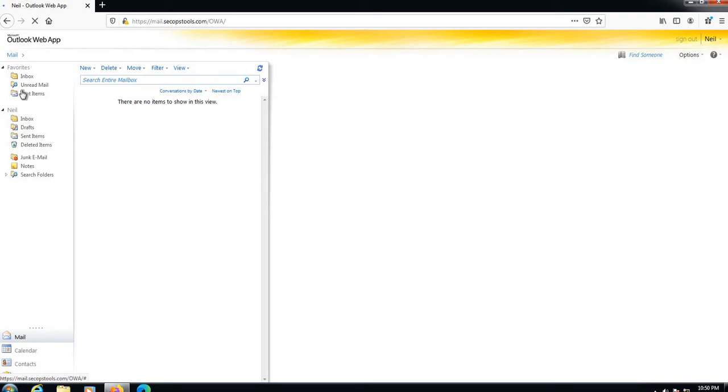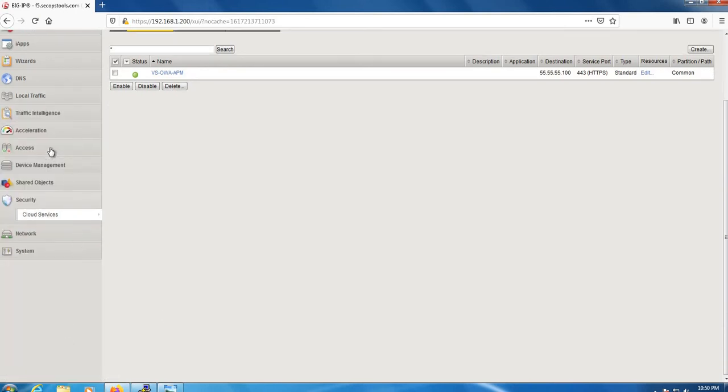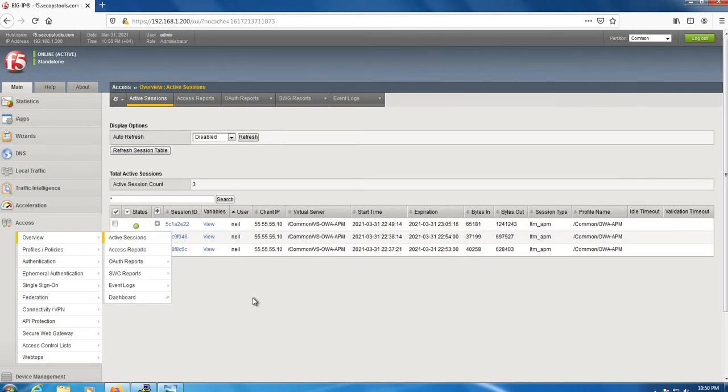Let's go back to our F5. Once you log into APM, F5 APM will create one session. If you go to access overview, here you can see the sessions. The latest one is this one. This is a session ID, the user is nil, his IP address, and the virtual server that he accessed, the start time. This information is useful to troubleshoot things later. Even if you click the session ID,